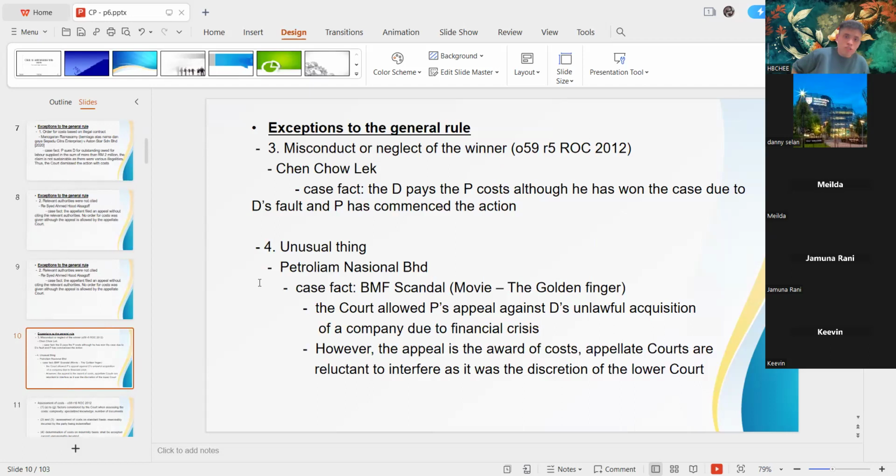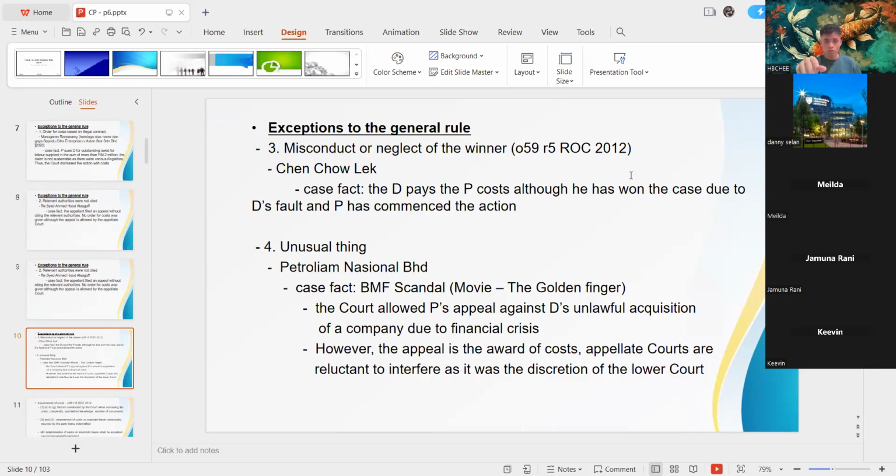Okay, the third exception, as we can see, is misconduct or neglect of the winner. This is the case. For this one, the plaintiff's cost is paid by the defendant, although he won the case. Why does the winner have to pay the loser? It is because he did not comply with the rule